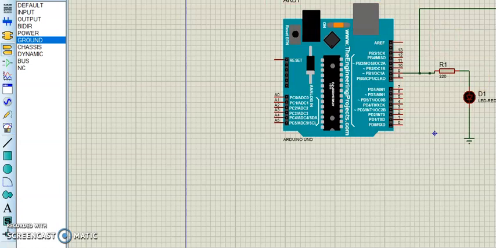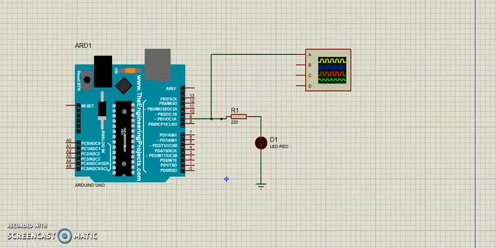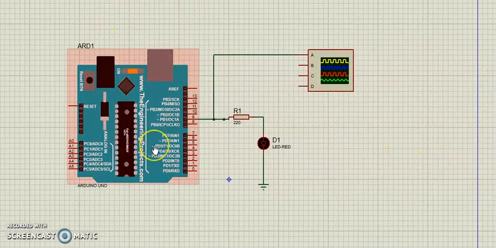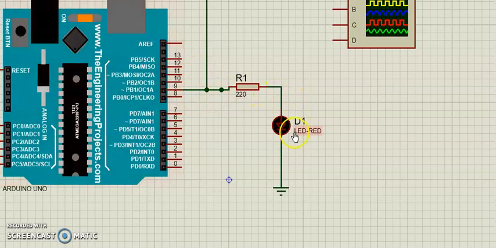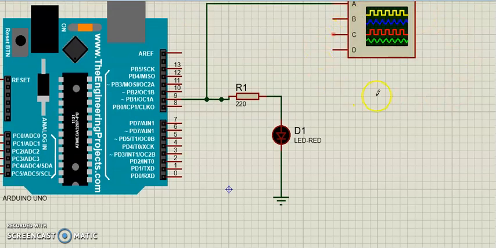As discussed in the earlier session, now you know how to generate the setup in Proteus. Here I have taken Arduino Uno, and at pin number 9 I have connected one LED via a resistor, and at pin number 9 only I have connected the oscilloscope so that you can observe the PWM wave generated on that pin, because in the program we have varied the duty cycle of the PWM wave.